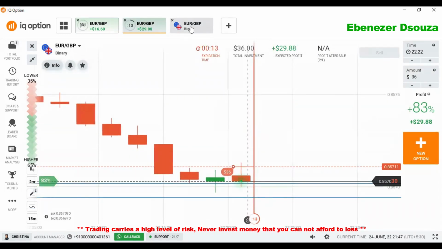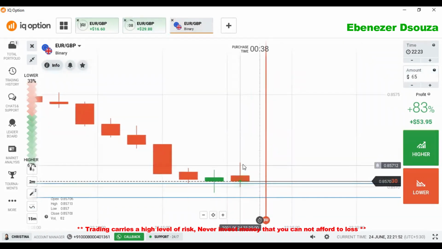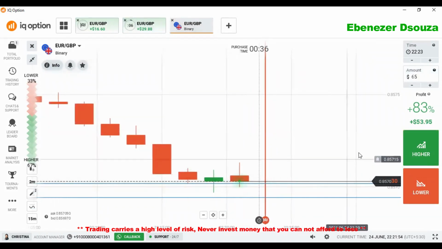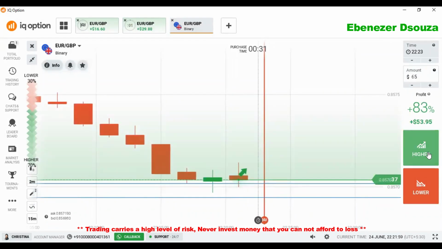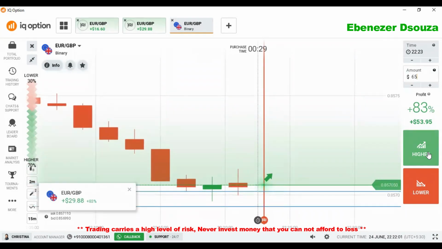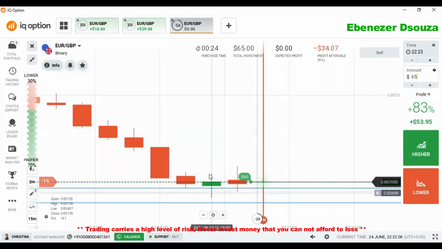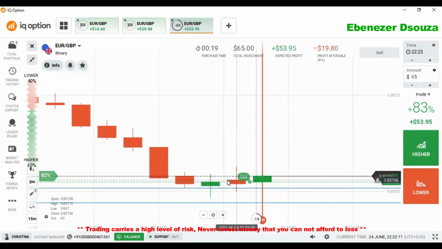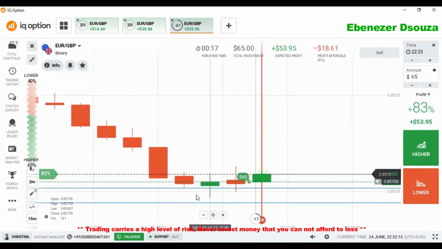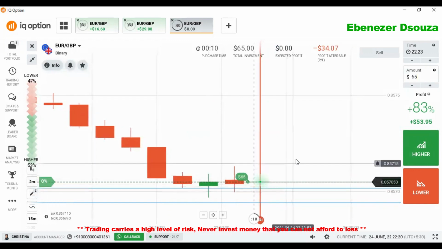Okay, sellers entered now because of this candle, so it made a new high, and now we can go with buyers confidently. Okay, so I placed a higher option trade here because already we are seeing buyers entry from the buyers zone. This candle is not a strong candle and it made a new high from the buyers area. So from the buyers area we are seeing a new high, which means buyers are very strong at this area,